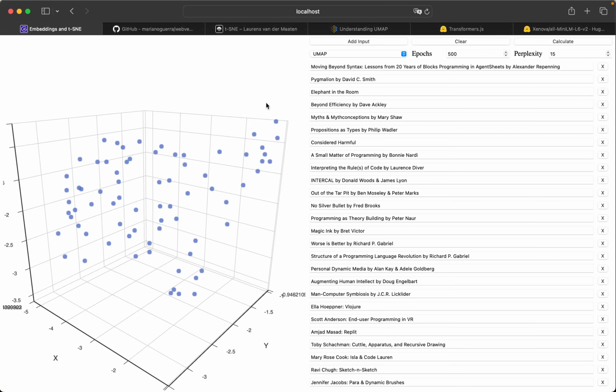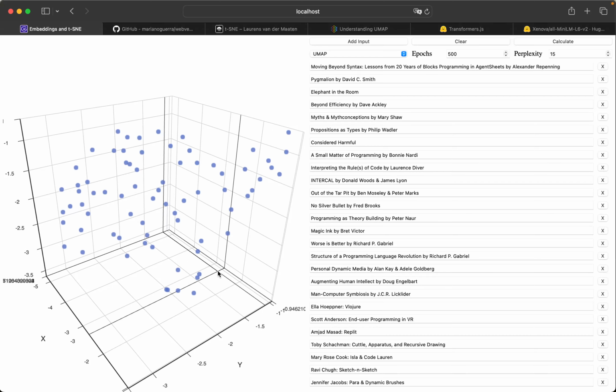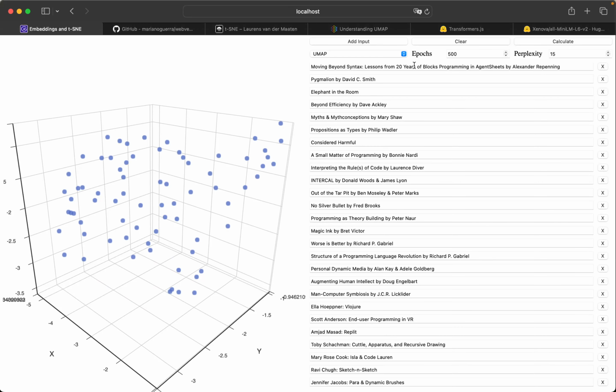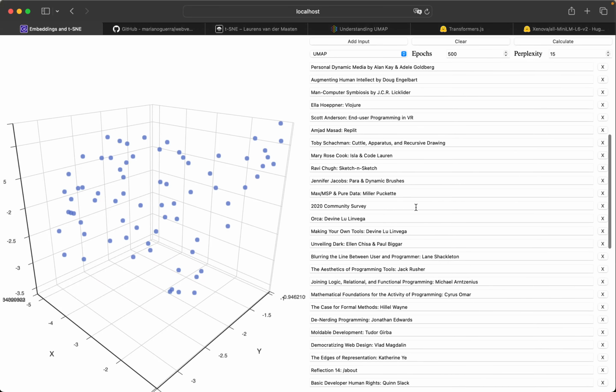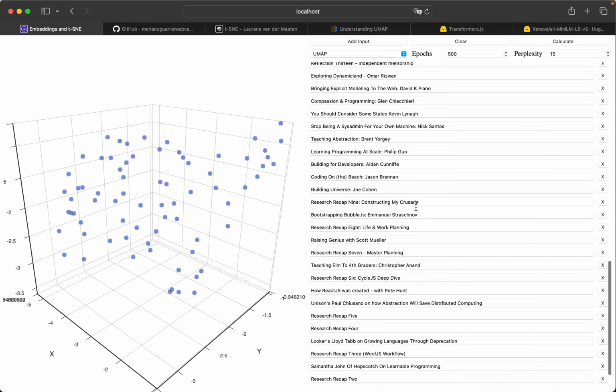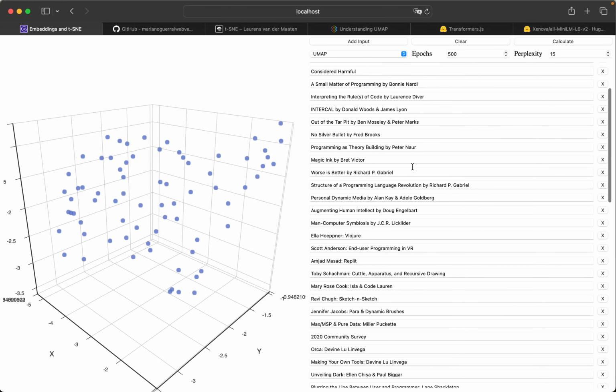Hi, this is something I built because lately I've been working on vector embeddings and we're presenting our work, and we wanted to have a tool to explain the topic. So what I have here is a list of Future of Coding podcast episode titles,